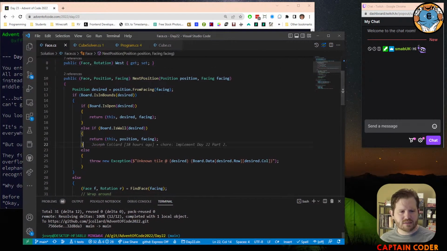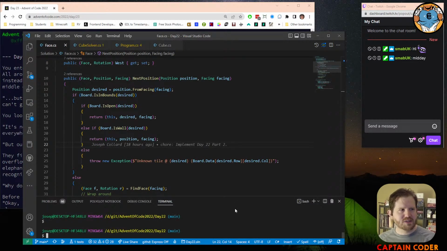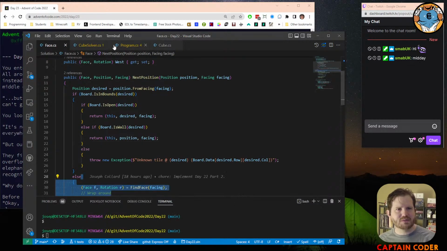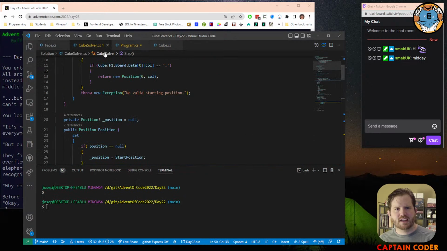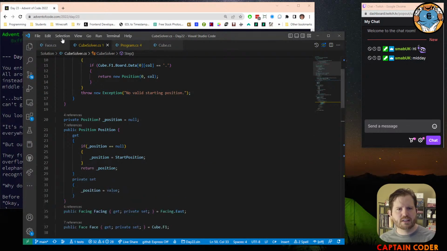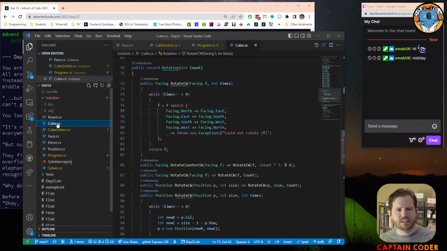Yesterday's puzzle was cool. Yesterday's puzzle was really fun. Made me want to try and write a generalized cube loader. So my solution yesterday